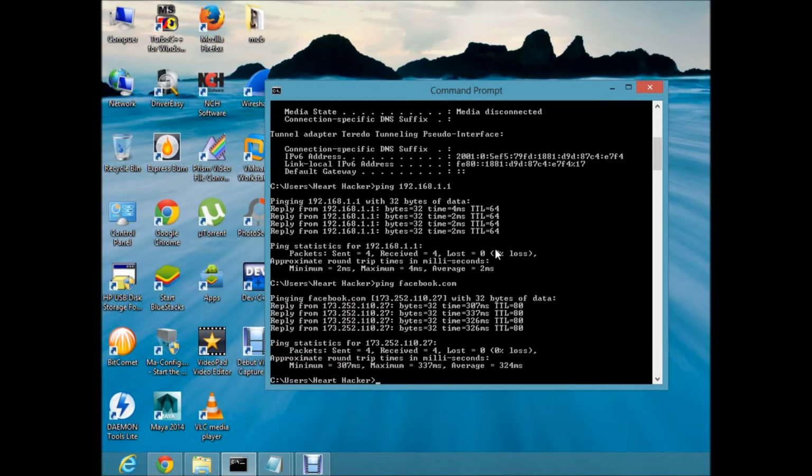Now if you want to know whether I am using the internet or not from your own computer, you just have to open the command prompt and you have to know my public IP address, because you are accessing my public IP address. You cannot access my private IP address because you are not on my local network. So you can access my public IP address. So just ping my public IP address.